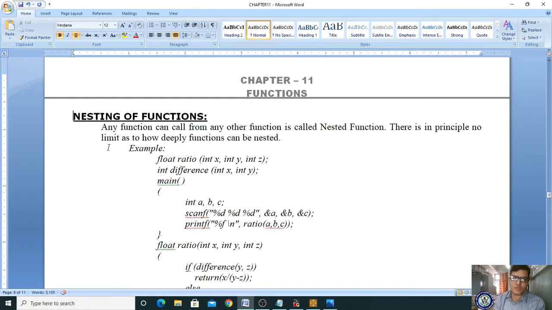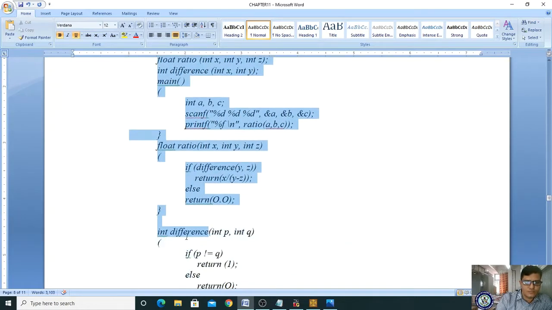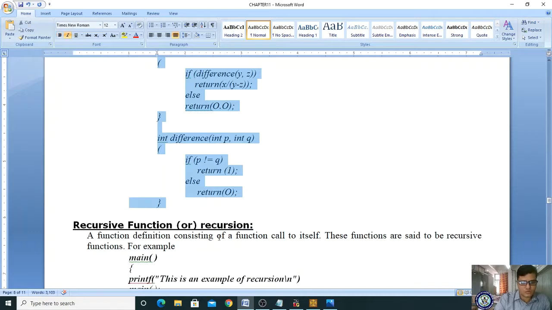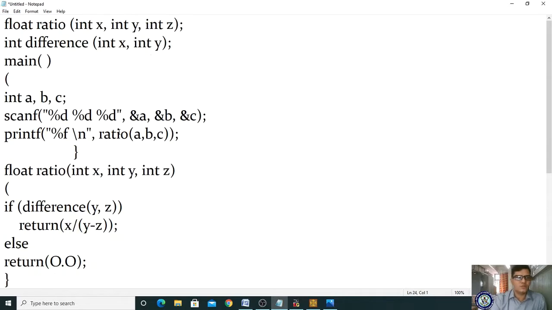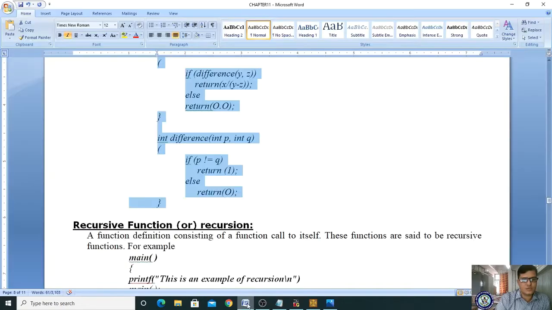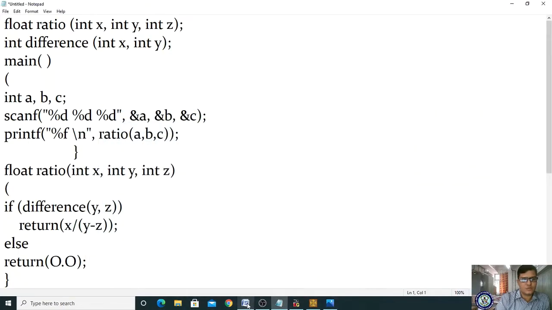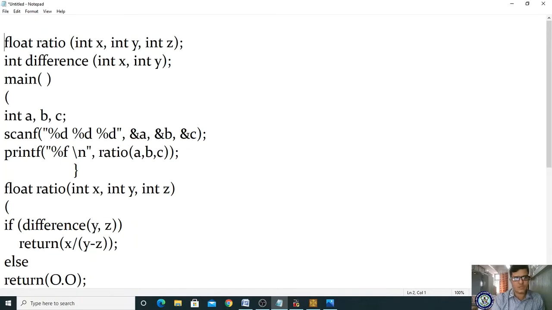So to understand this concept, let us see this simple example. If you give attention to this simple example, then you can find what exactly we are doing in this program. Let me copy it first. Control C, take a new file and paste it. In your program we are having a lot of mistakes. Let me give it as a sample program to nested